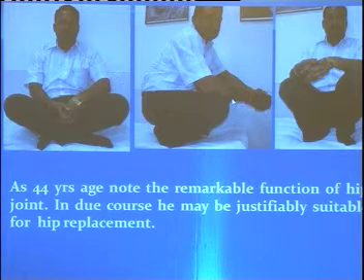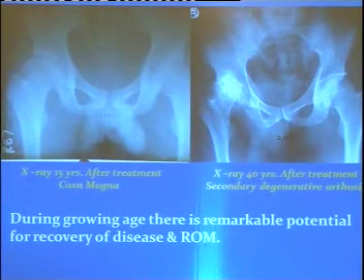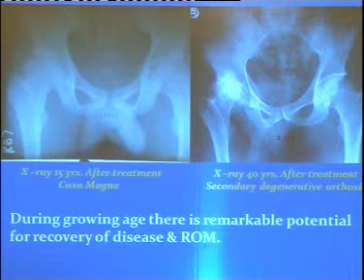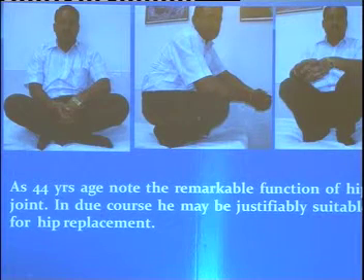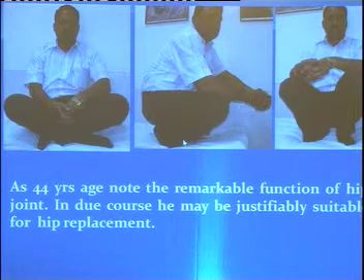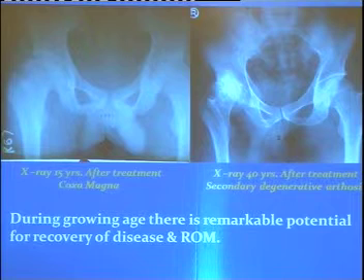All these patients ultimately will get degenerative changes. But look at this one. He has lived with this joint for 40 years. He is still able to sit like this roughly 40 years after the original disease. So if you can diagnose and treat them well by functional treatment, today you can provide a mobile joint, though one day he may require a replacement of the joint for a painful degenerative osteoarthritis,